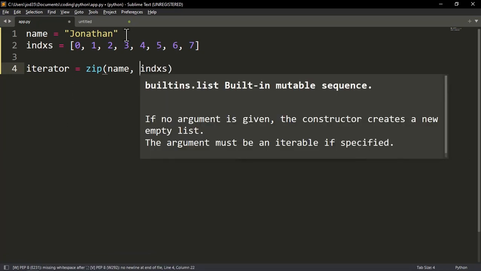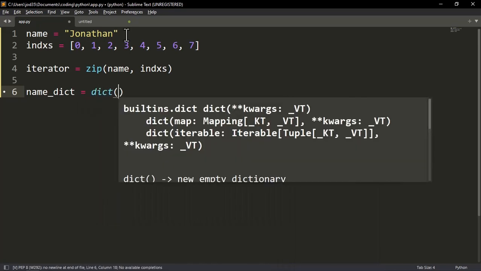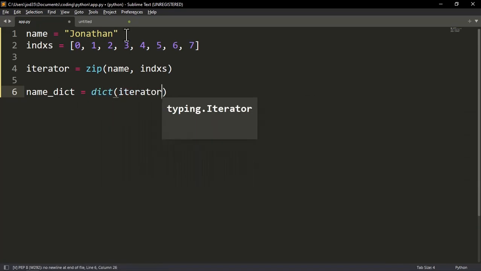And once you've been able to do this, now I'm going to create a dictionary. So in this case, I'm just simply going to create a dictionary of names. So I'll call this our name dictionary, and I'll use that dict function to basically create a dictionary out of the iterator we have generated. So if we go ahead and print this,